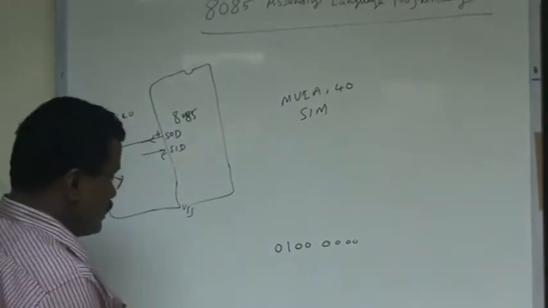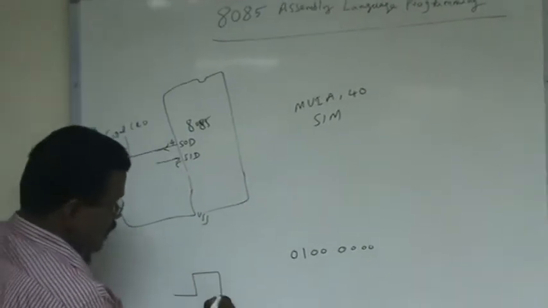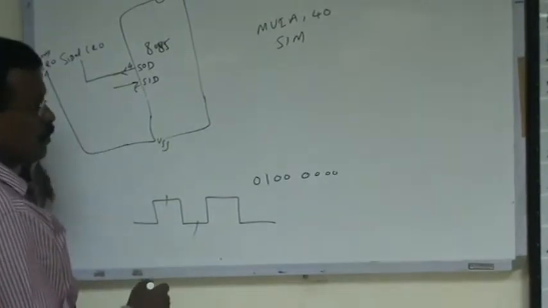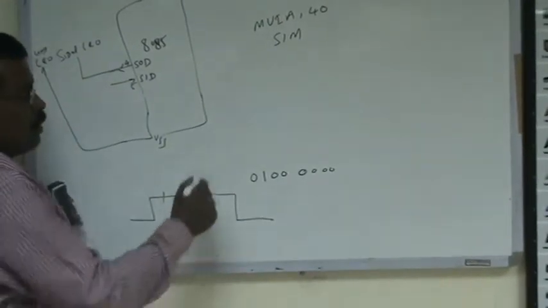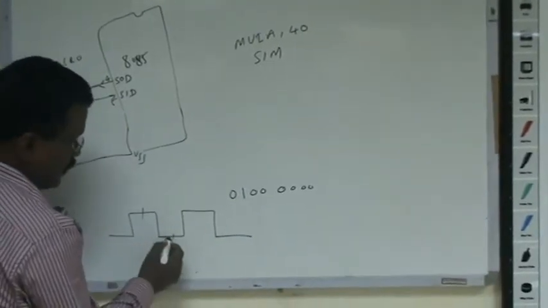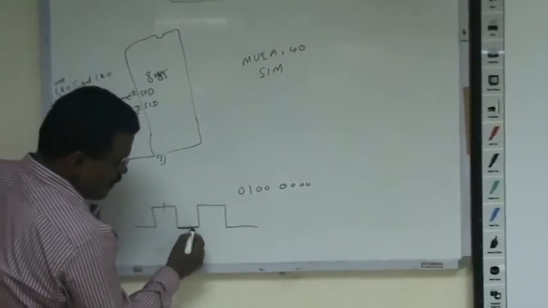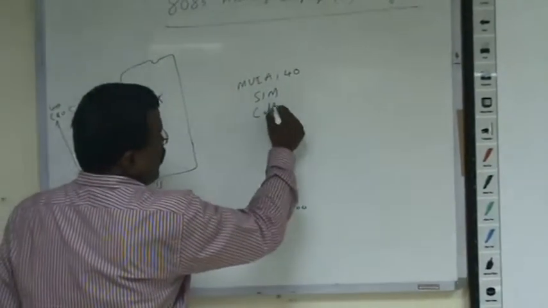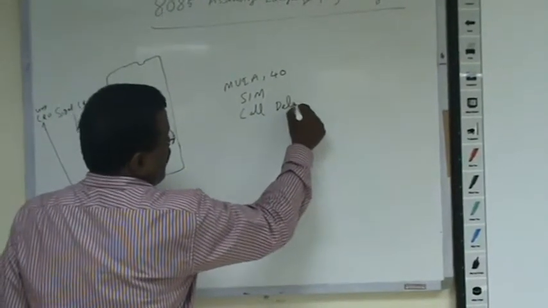Now in a square wave, you have off time and on time. This is what they call a square wave. The on time must be equal to the off time. So we know what the off time is. Now we have set the value to 0, so the output will be 0. This should be retained for some time, which is equal to the off time of the square wave. So I have to call a routine called delay.